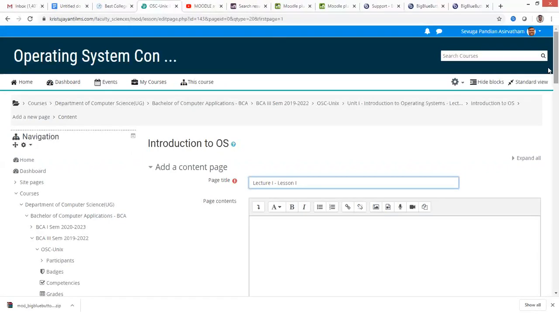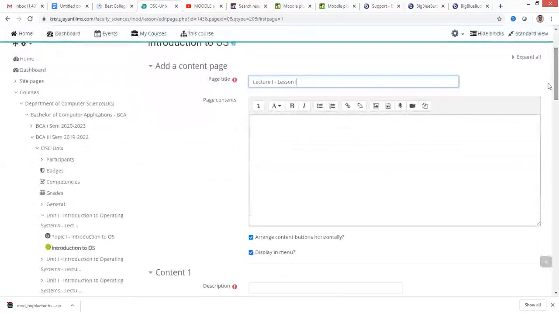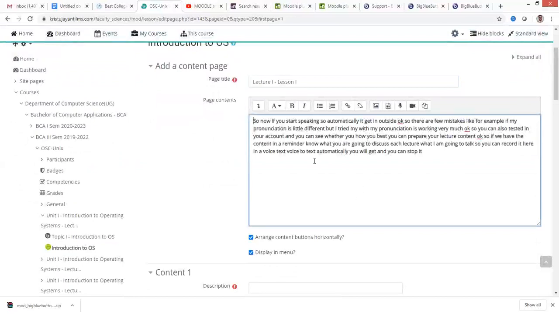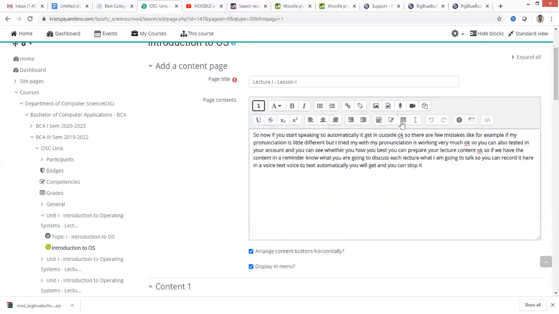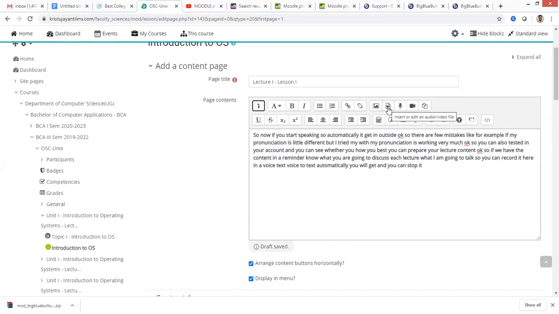In this lesson 1, how many pages am I going to add? Whatever content I have copied, I can paste it over here. Okay, so this is from my Google document. Even the entire document you can copy and put it over here, and you can bring some other content like a video file. Inserting an audio or video file is also possible. Another important thing is when you have a video or audio file, you can insert it here.